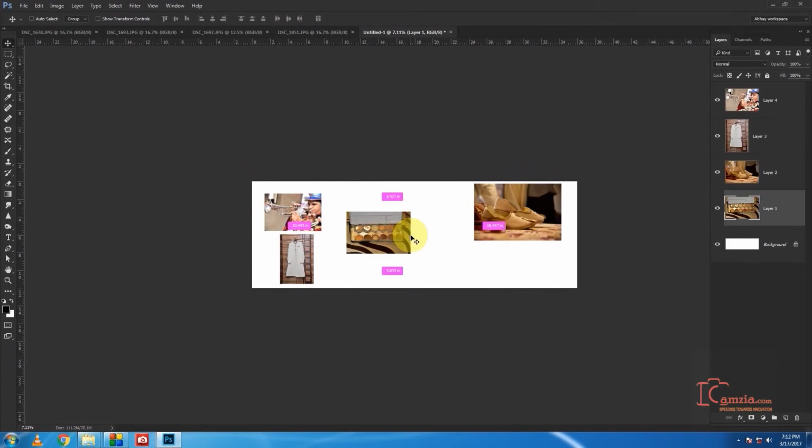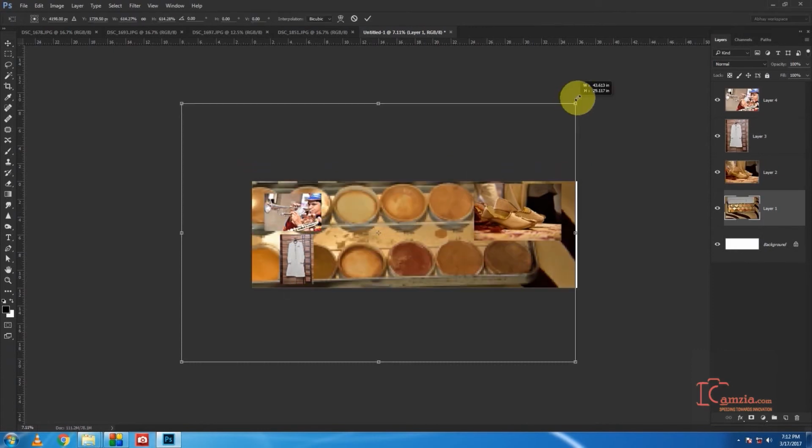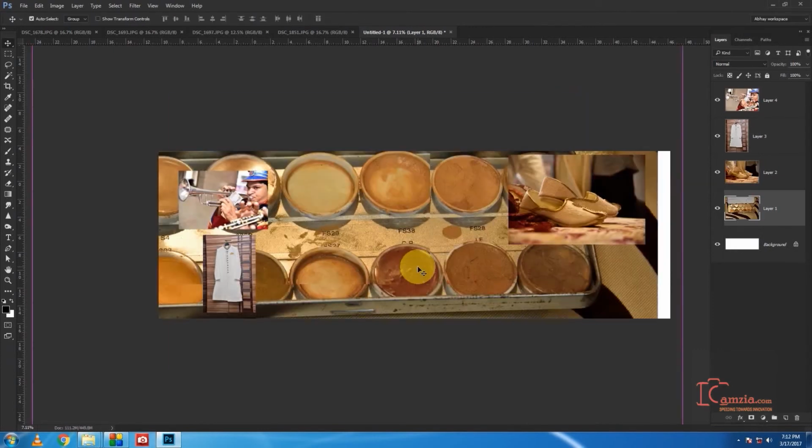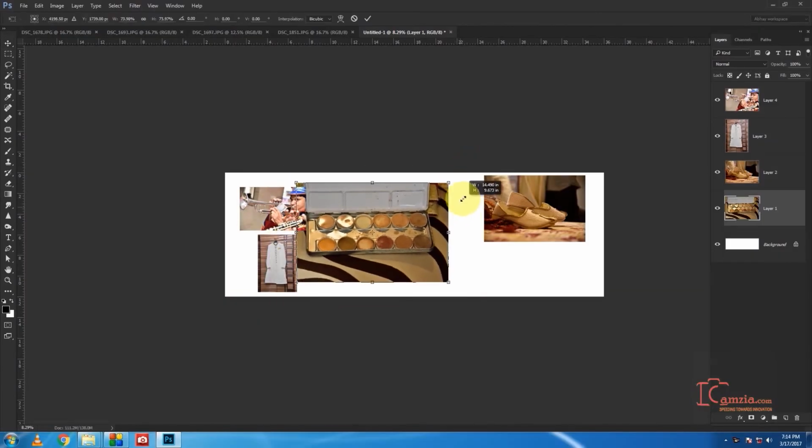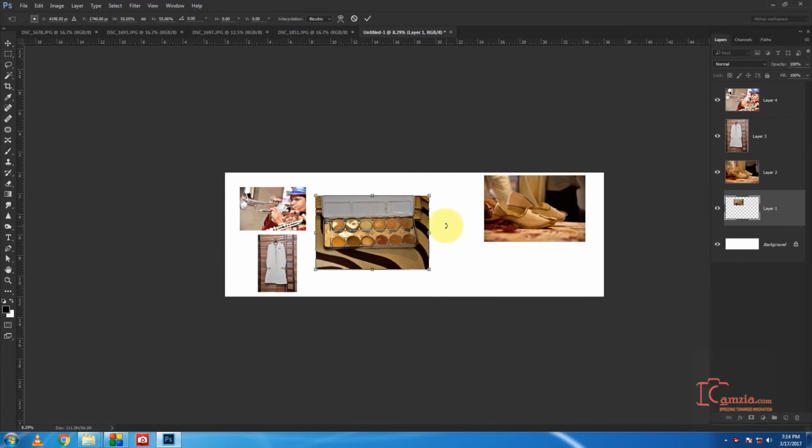Therefore, to change the size every now and then is a wrong thing to do. Like we have seen just now, we have to avoid zooming in and zooming out every now and then. But if you have to do it, then